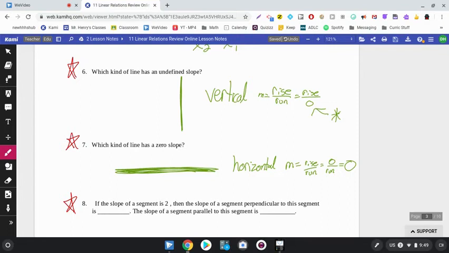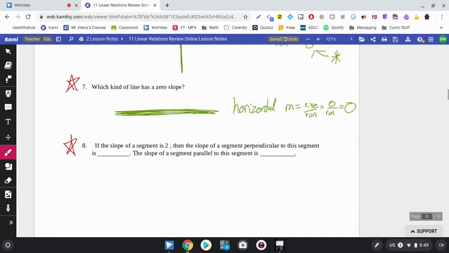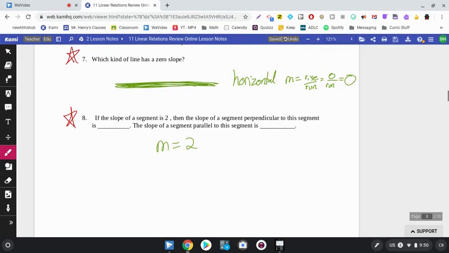Okay, so remembering, undefined slope, that's when it's straight up. 0 slope, that's when it's perfectly flat, horizontal. Right? The slope of a segment is 2. M equals 2. Then the slope of a segment perpendicular, and then the slope of a segment parallel. All right, well,